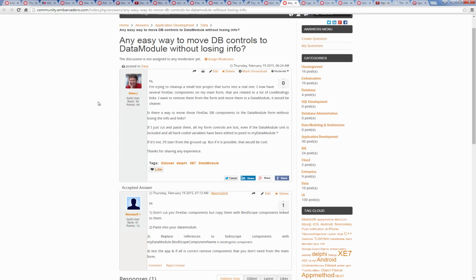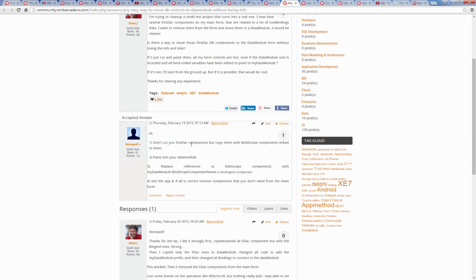Let's take a look at a couple of the questions that came out recently. Steve asks, is there any way to move the DB controls to a data module without losing the info? And he was copying and pasting, looks like individual components, instead of selecting all of them. And Werewolf, who's a gold user, rank 61, said, don't cut your FireDAC components, and instead copy them with the